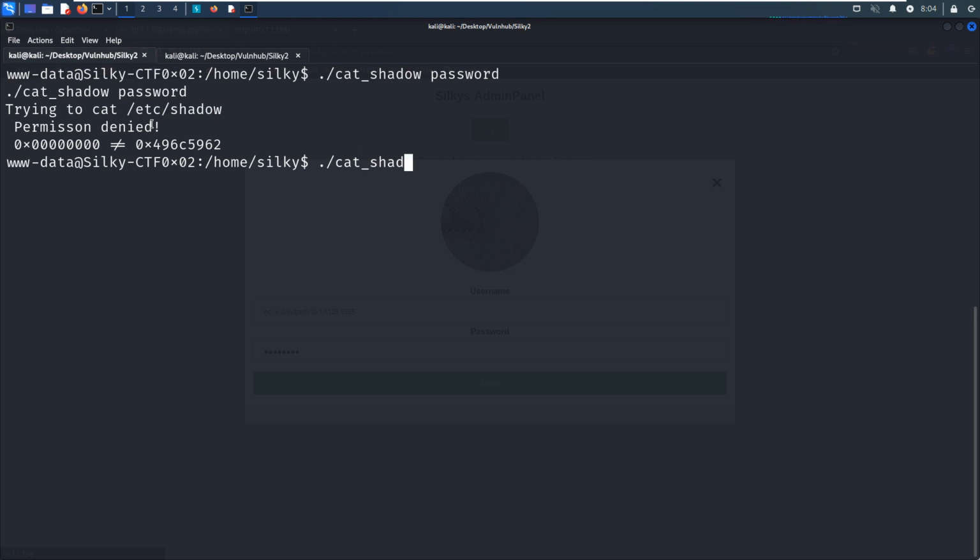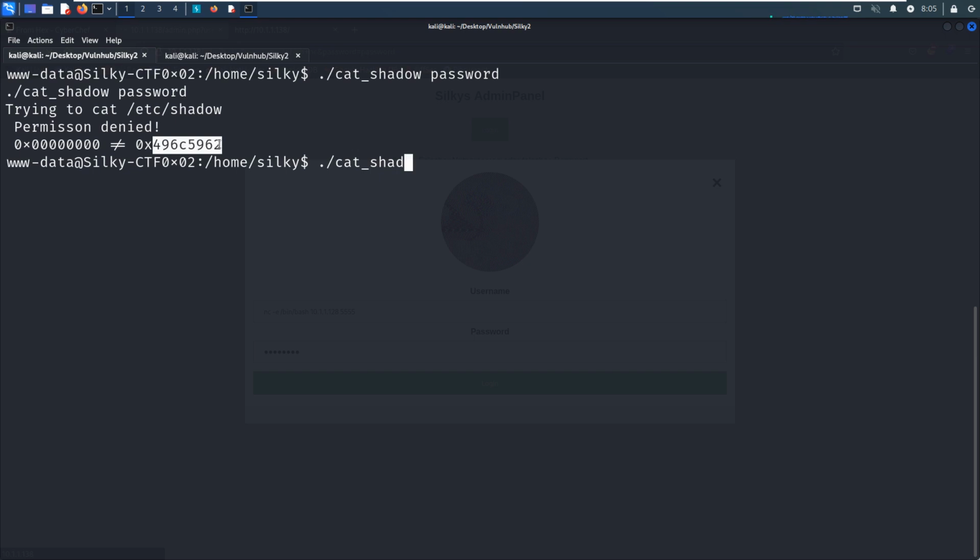So from here we can tell that what this binary is doing is trying to retrieve the shadow file. And to retrieve the shadow file, we need to provide the correct password, right? So maybe this should be the password.